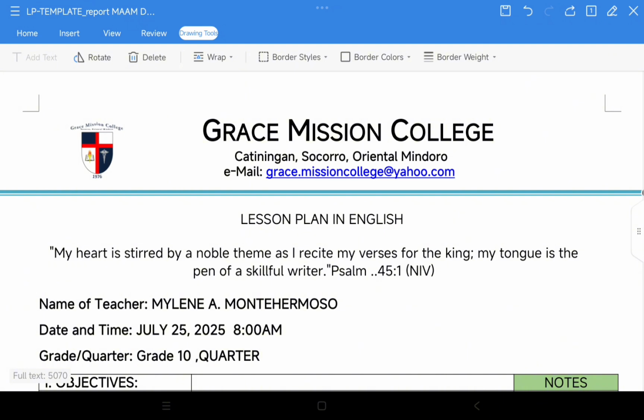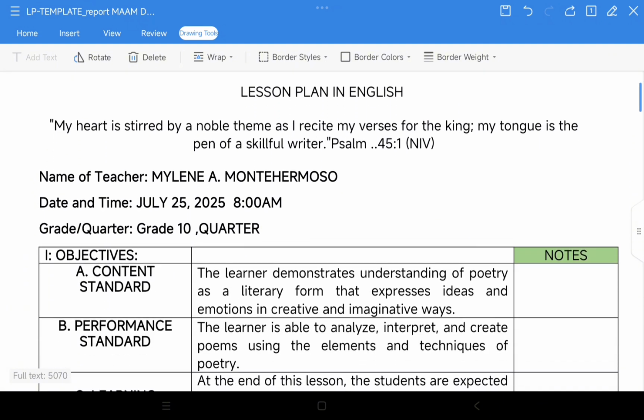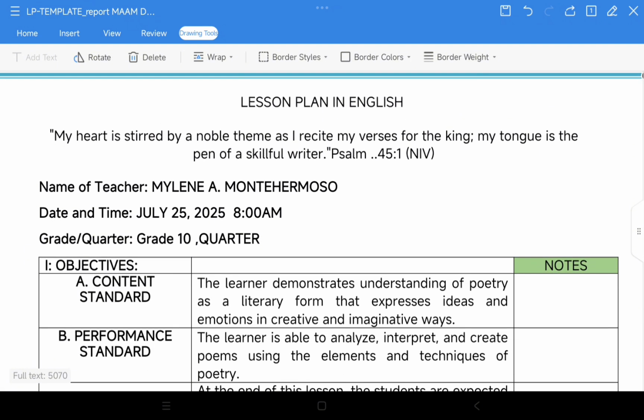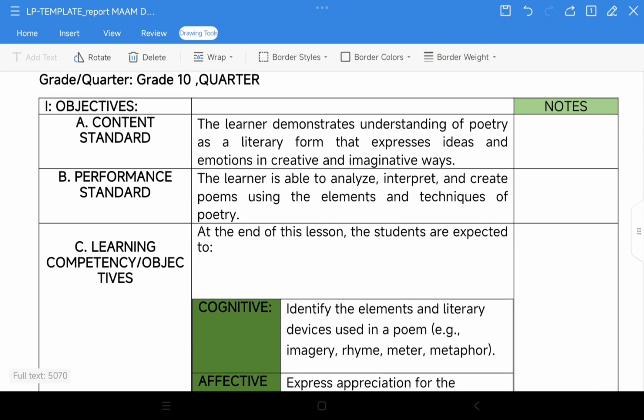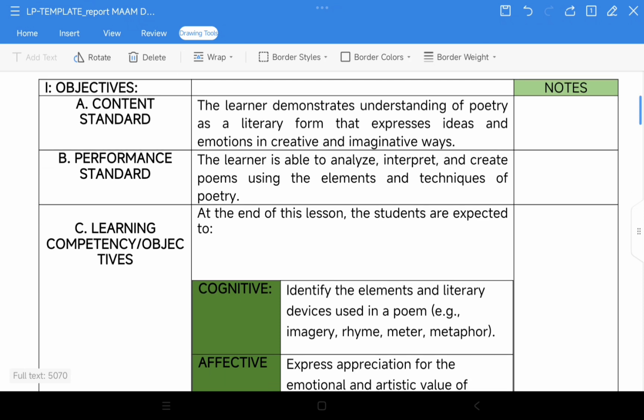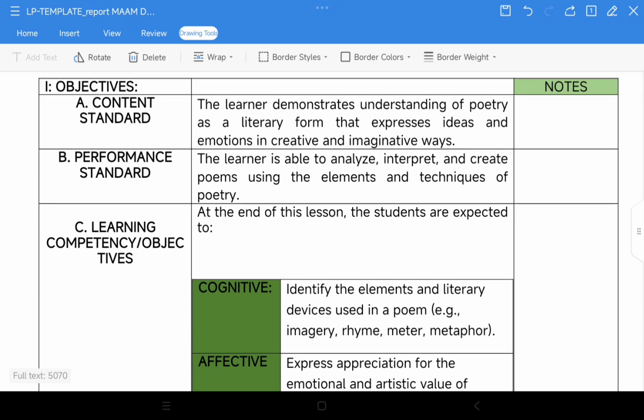Now we will apply the lesson design and learning materials for teaching poetry to the lesson plan format. Here is the lesson plan in English. The upper part contains the name of the teacher, date and time, grade and quarter, and the content standard: the learner demonstrates understanding of poetry as a literary form that expresses ideas and emotions in creative and imaginative ways. The performance standard: the learner is able to analyze, interpret, and create poems using the elements and techniques of